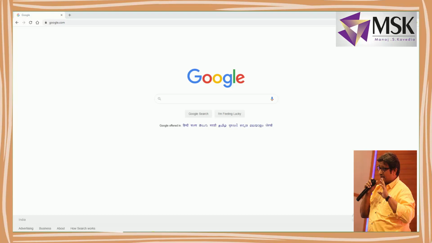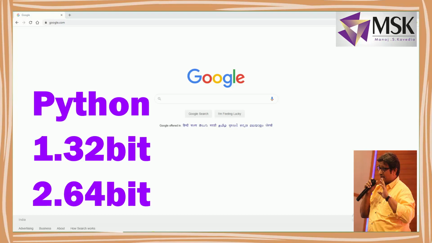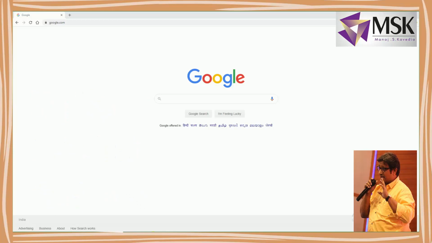If you have a 32-bit machine, you can work on 32-bit also. There is no issue. We can either install 64-bit or 32-bit, depending upon the machine configuration. But here I have taken Windows. If you have a Linux machine, you can even practice on Linux, or if you have a Mac machine, you can even practice on Mac.